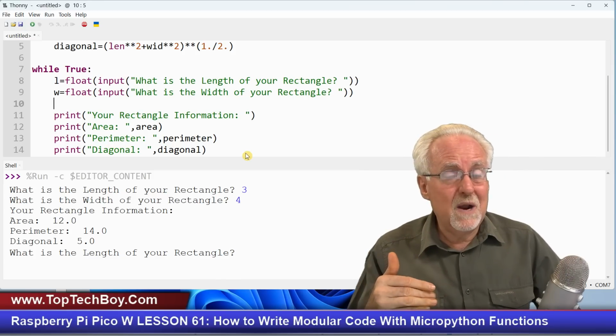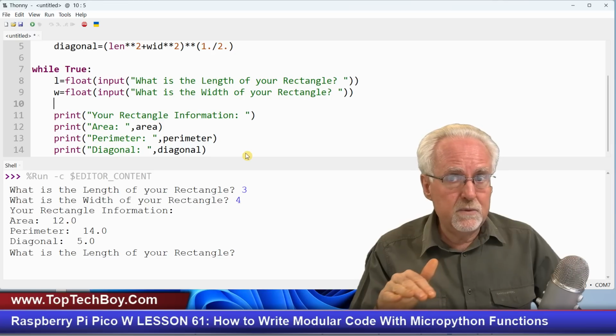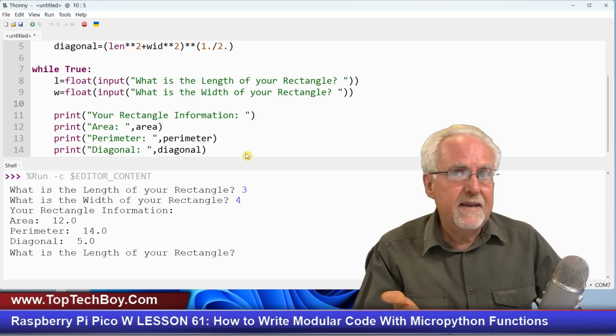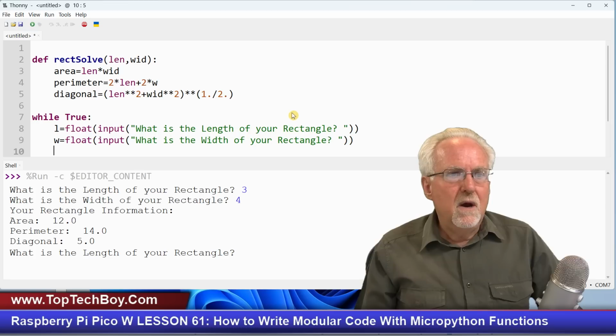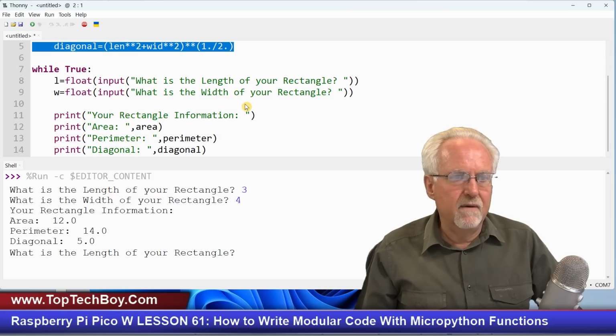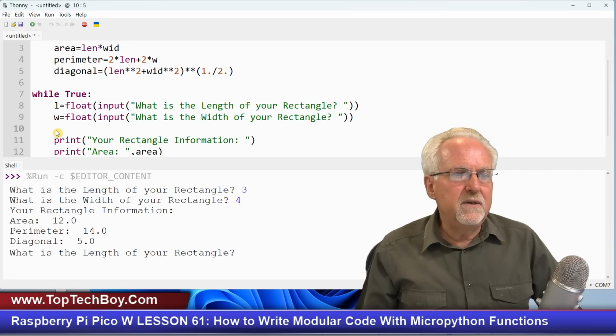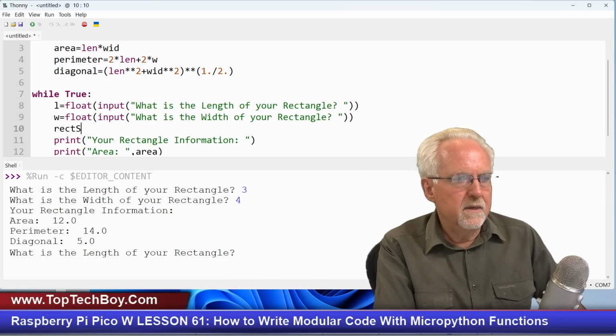What you could do is write a separate function to print, but for this illustration, I'm just going to do the print in the main program, and I'm going to do the calculations above. So now I have area, perimeter, and diagonal, and those are calculated up in rect solve. So what we need to do now is call that function, and so I'm going to say rect solve,